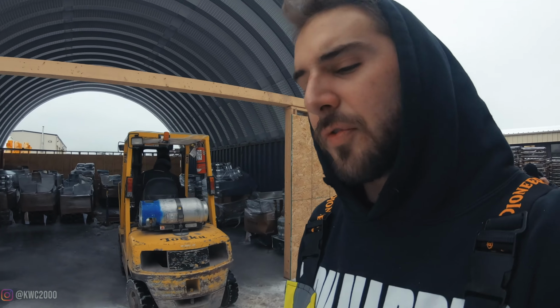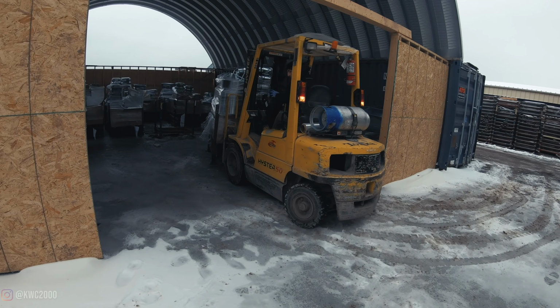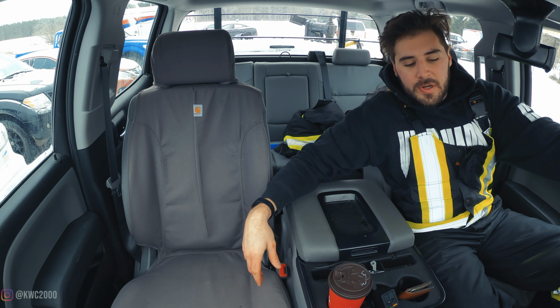Trying it with their forklift just because this stuff is really sensitive. So they're gonna try it with their forklift and then we'll take the ice out. Yeah, that should work. All right, so what we're doing,